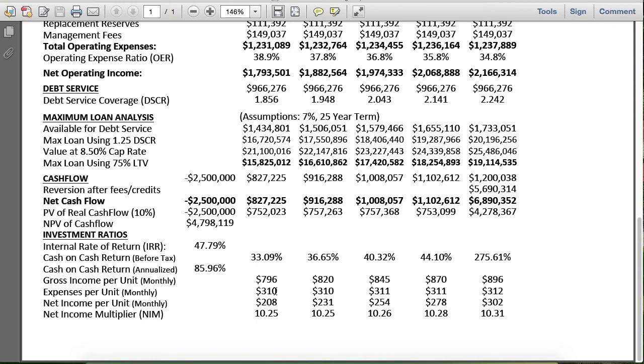Now what you also want to look at is your gross income monthly per unit, and you'll see how slowly it goes up. But we're not saying that we're charging $1,000 a month for each unit. We're at $796. Expenses per unit, $310. Your net income per unit is $208, and your net income multiplier, the NIM ratio, is a 10.2, which is very good also. So I will go into more detail on each ratio in its own separate video, but this gives you a very good idea,